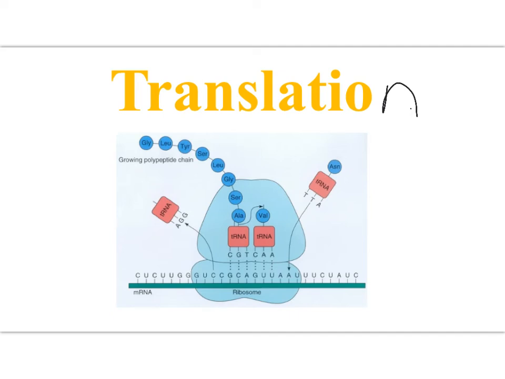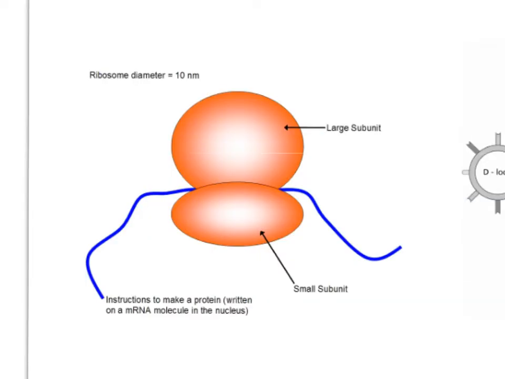So this video is going to be about the second part of protein synthesis, translation. Before we start, just a reminder about two important molecules. First one is a ribosome, which we learned in Unit 1. This is made from both protein and rRNA, and it has both a large and a small subunit. We've then got